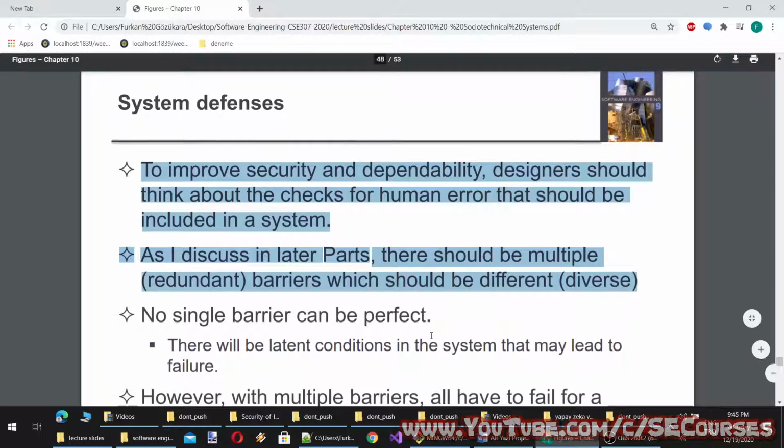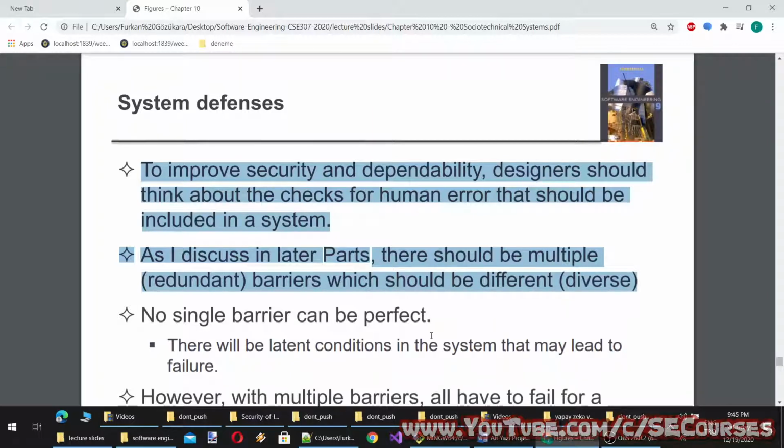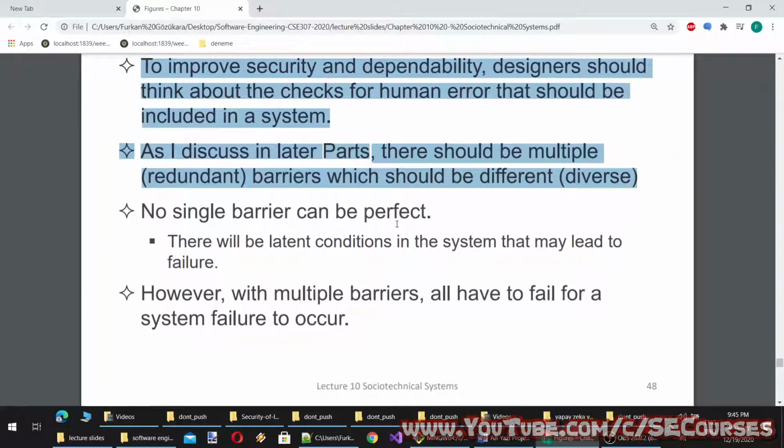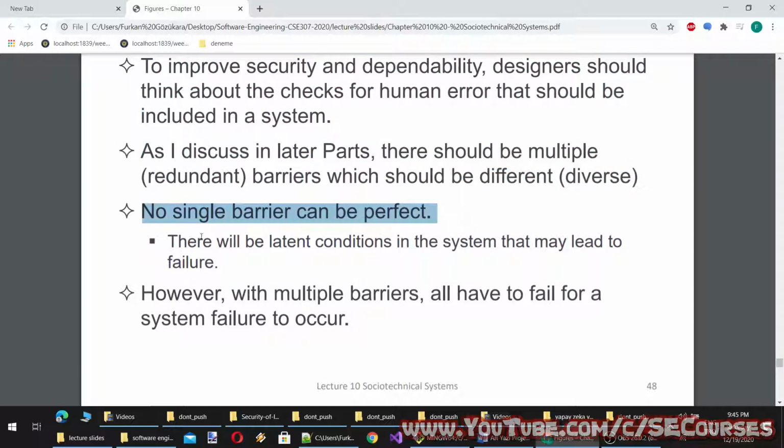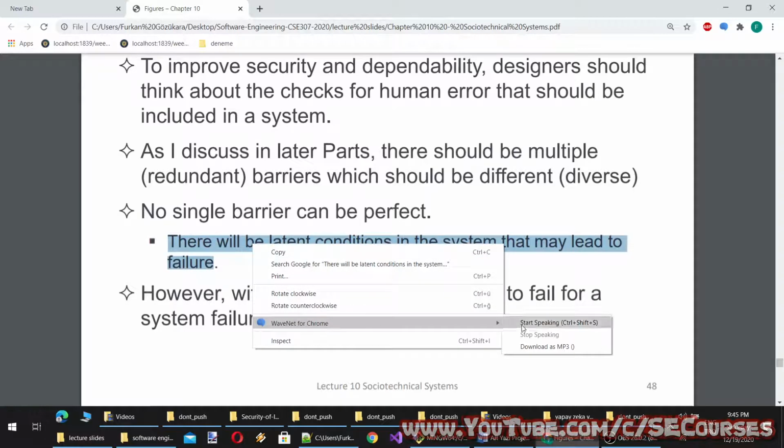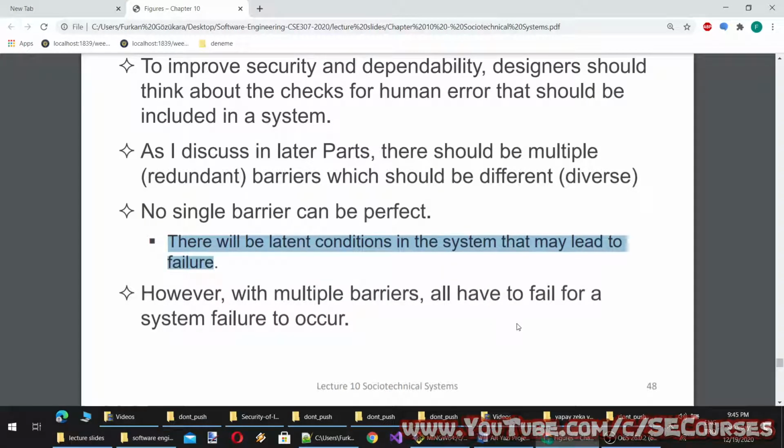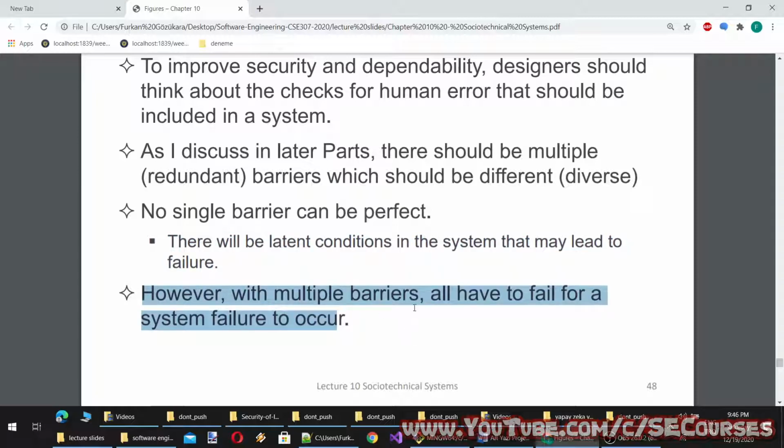To improve security and dependability, designers should think about the checks for human error that should be included in a system. As I discuss in later parts, there should be multiple, redundant barriers which should be different, diverse. No single barrier can be perfect. There will be latent conditions in the system that may lead to failure. However, with multiple barriers, all have to fail for a system failure to occur, which is very true. Therefore, you should put multiple barriers to prevent system failure,